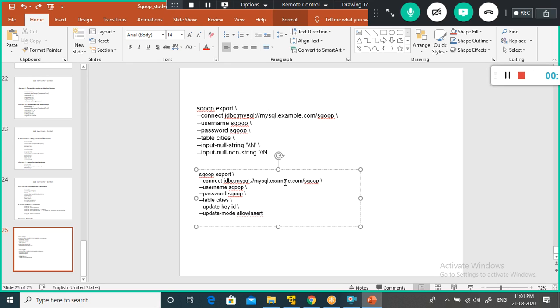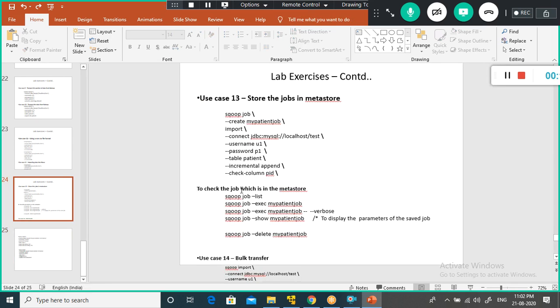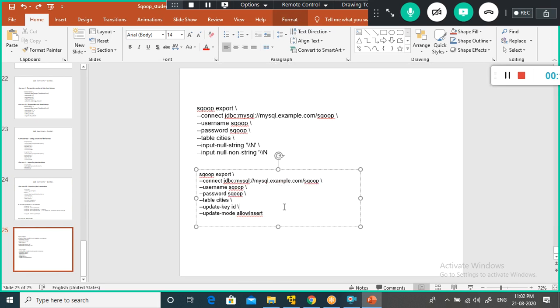Here I mentioned Sqoop. In version 1 it was possible to load data directly from MySQL into Hive, but in version 2 it is not there. So for the export, I need to take the data from the Hadoop file system and upload it back into a table called cities.